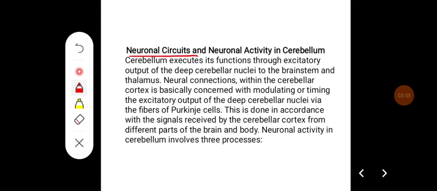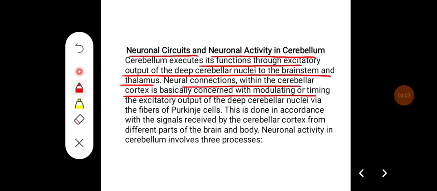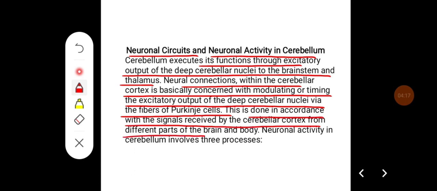Neuronal circuits and neuronal activity in the cerebellum. Cerebellum executes its function through excitatory output from deep cerebellar nuclei to the brainstem and thalamus. Neural connection within the cerebellar cortex is basically concerned with modulating or timing the excitatory output of the deep cerebellar nuclei via the fibers of Purkinje cells. And this is done in accordance with signals received by the cerebellar cortex from different parts of the brain and